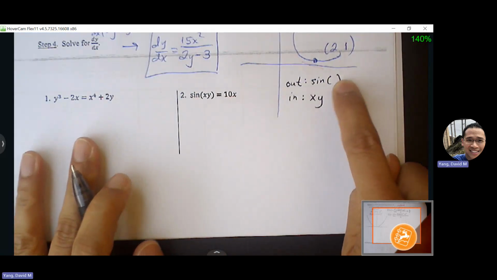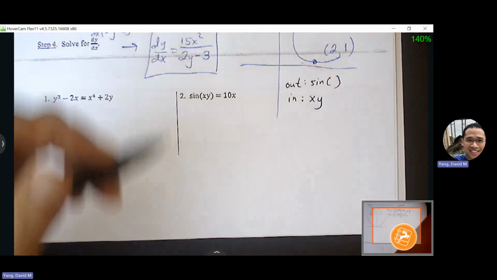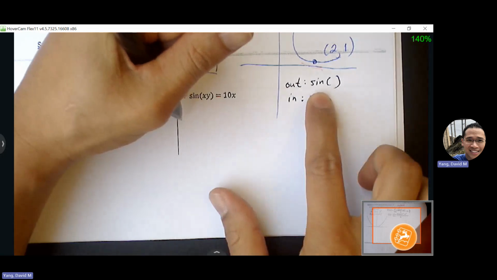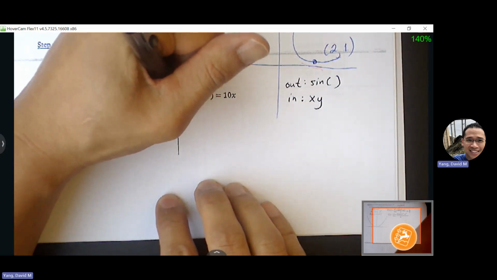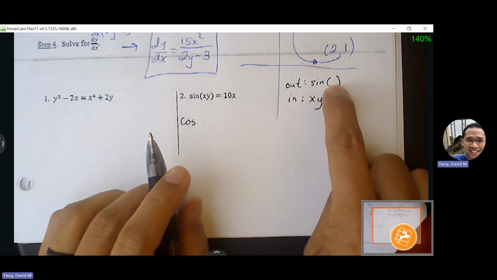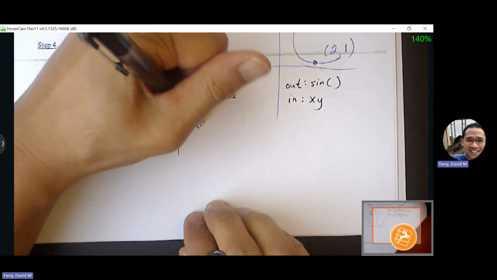Outside, we can just go through a derivative for sine, but the inside, we've got to go through what for this piece? Product rule. Okay, so let's build it one piece at a time. First, the outside's derivative: sine's derivative is just cosine. When we find the derivative of the outside portion, do we make any changes to what's inside the parentheses? Not yet. Okay, so cosine of xy